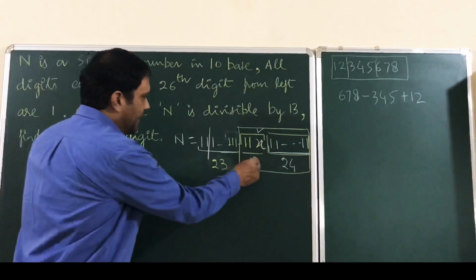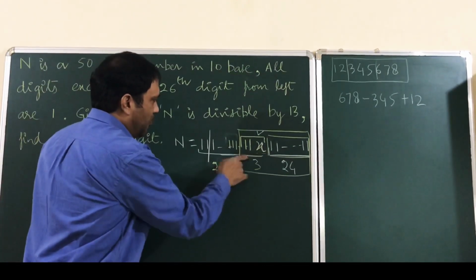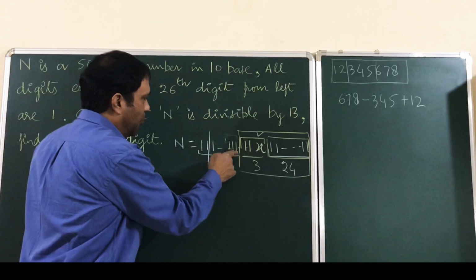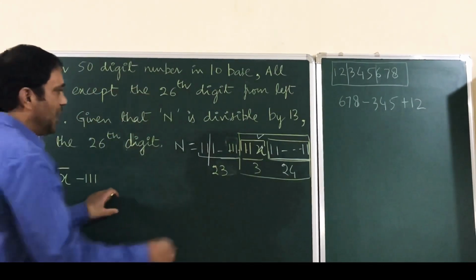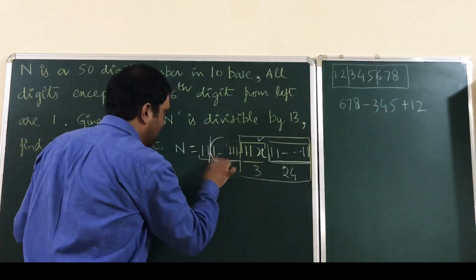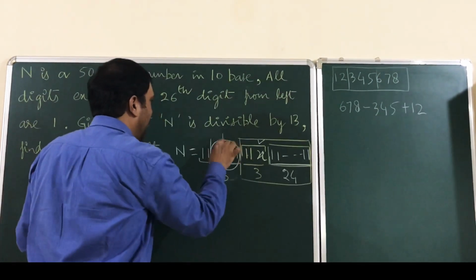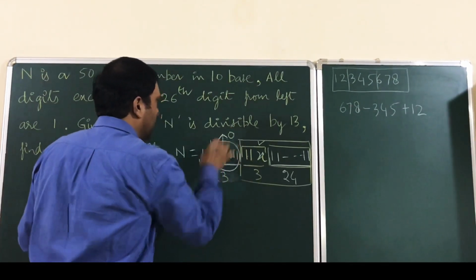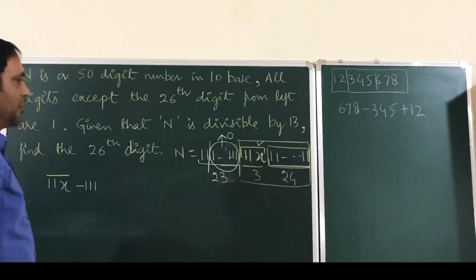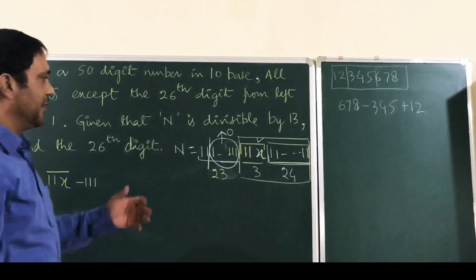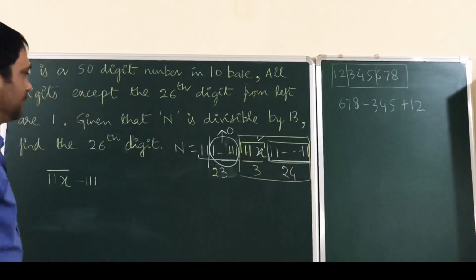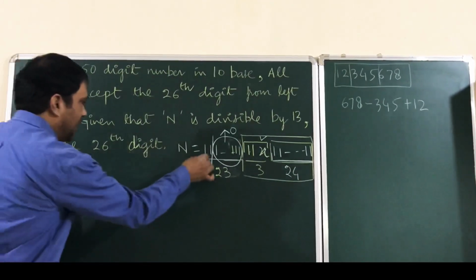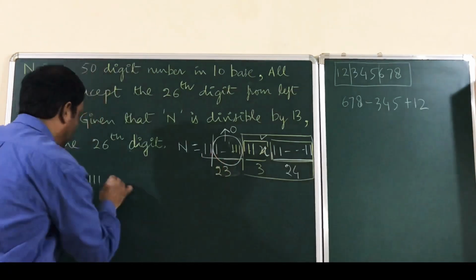So the 9th block I have taken as 11x, and after that if I take one more block of 3, that block will become minus 111. After that 6 more blocks of 111 we will get there, and that sum will become 0, because with an even number of blocks of 111 in alternating signs, the sum has to be 0, as I did in the first 24. And this is 0, and then you will get plus 11.